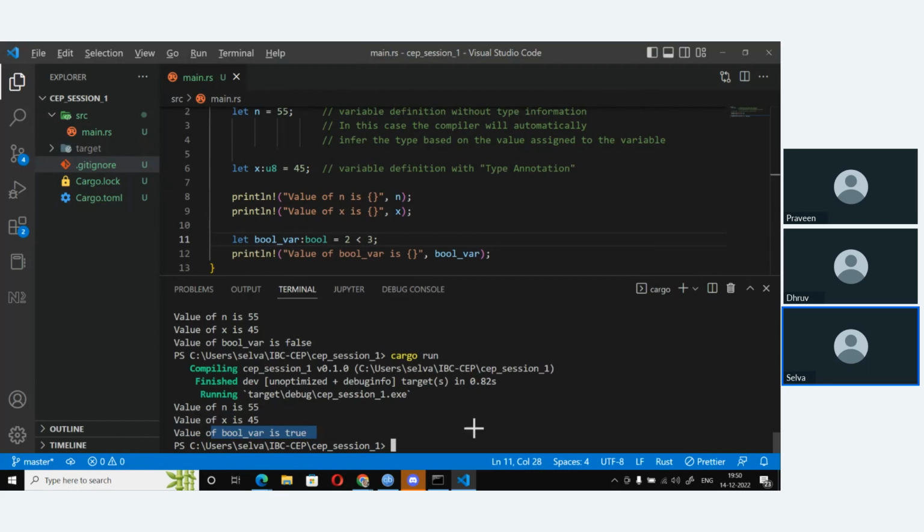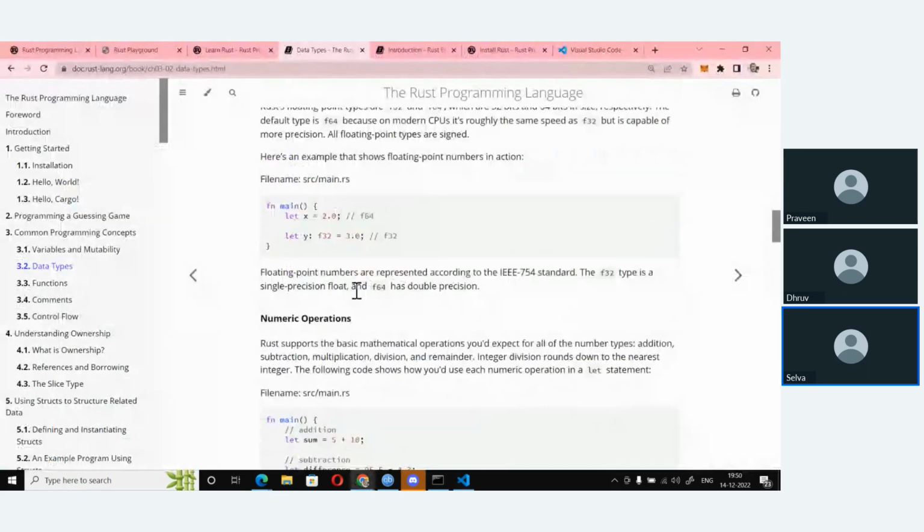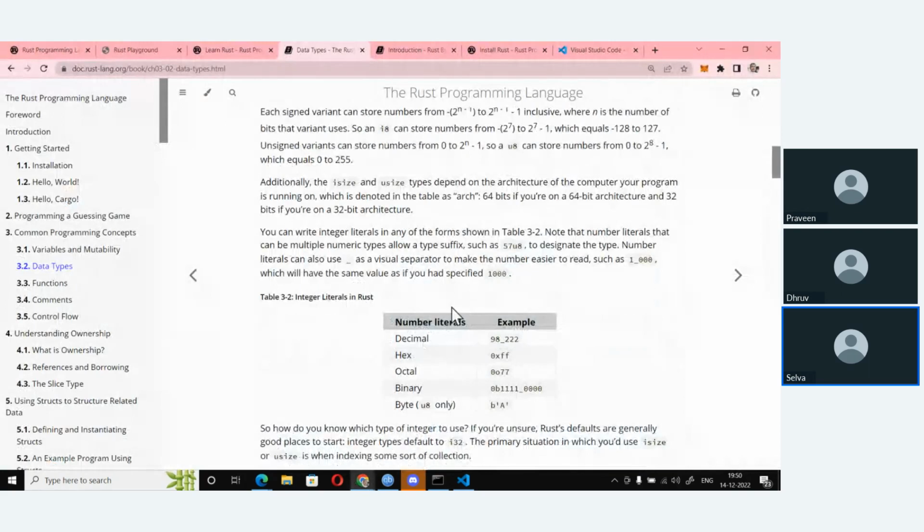Right. Now, if we look at the values also, you can give values in decimal, hexadecimal, octal, binary, and in byte format also. So if you want to give hexadecimal, use 0x just like in C, C++, and 0o for octal, 0b for binary, and just b prefix to the character for a byte. Okay. So let me give you a simple example.